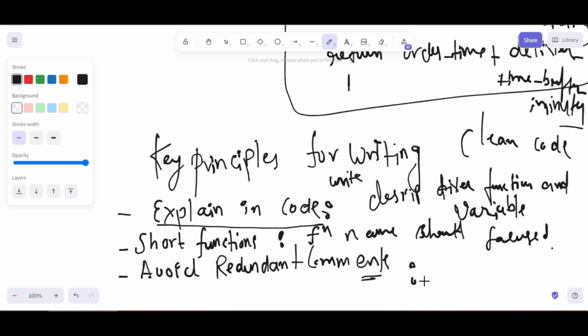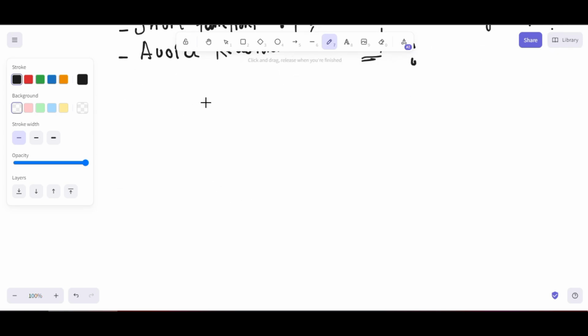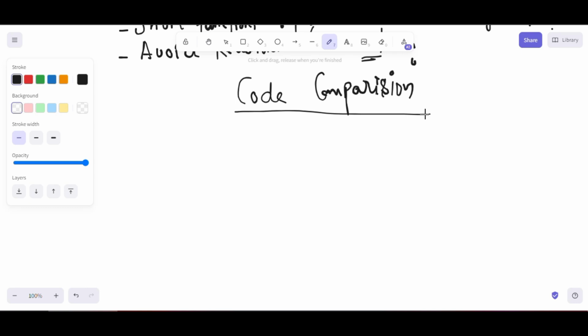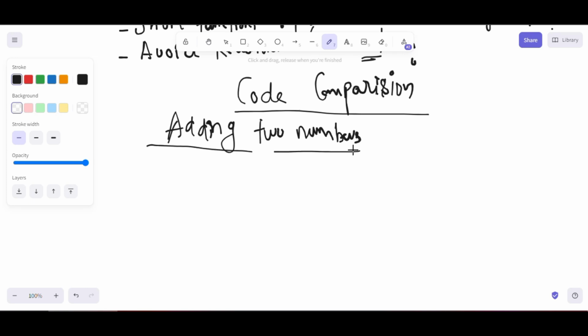So we'll take a code comparison. Let's keep a simple example so that even a beginner watching this section will understand. Let's take the example of adding two numbers.